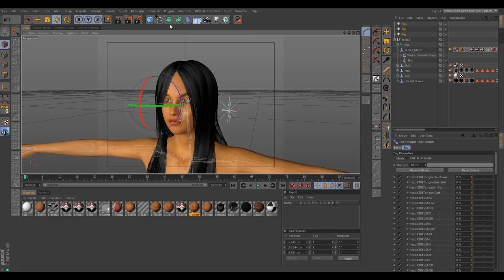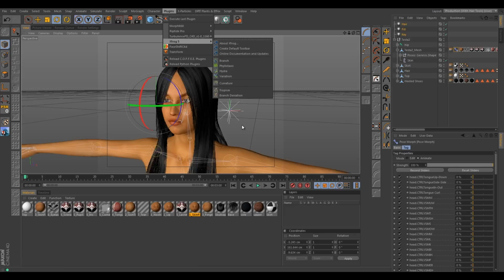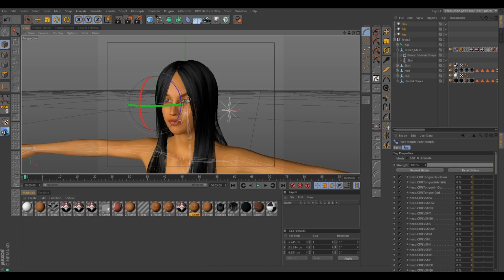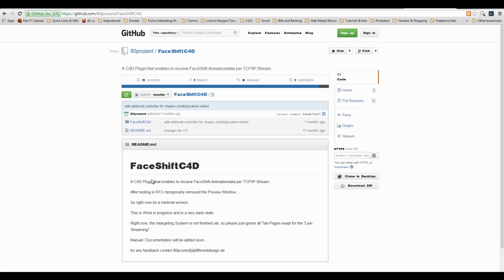Alright, and this is all thanks to the new FaceShift C4D plugin that was designed by a German designer called 80%. I might have mispronounced that, but that looks about right.